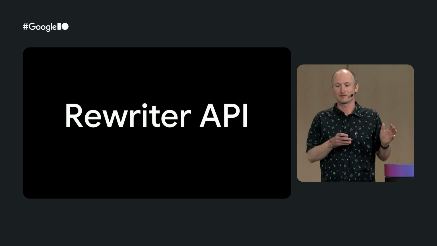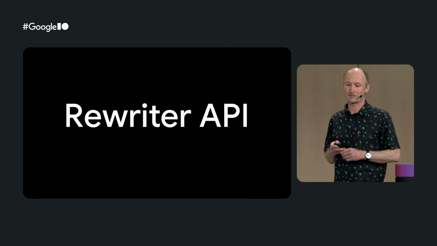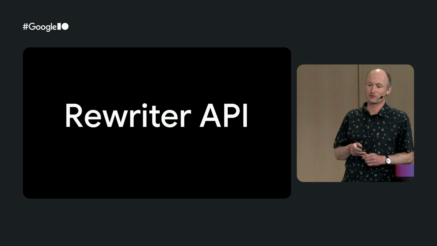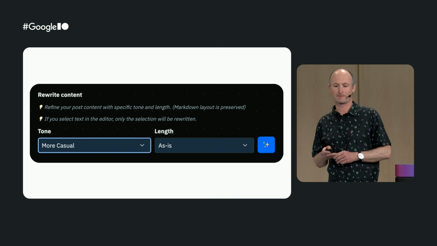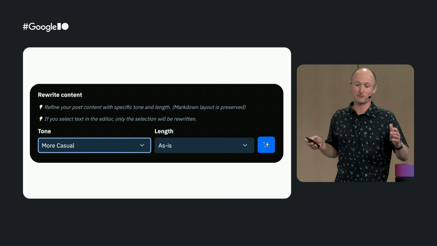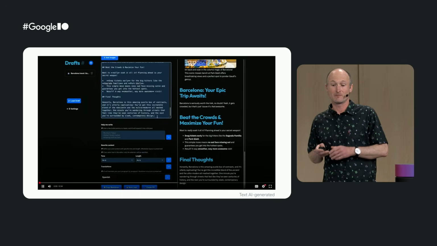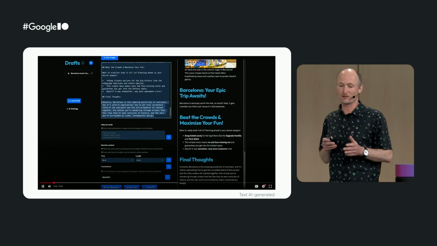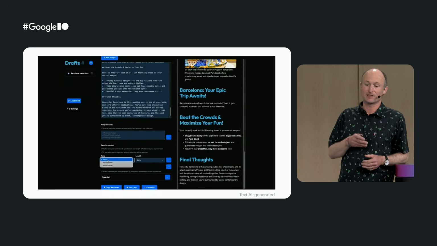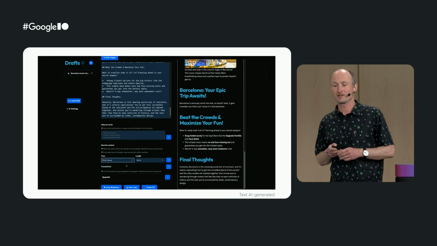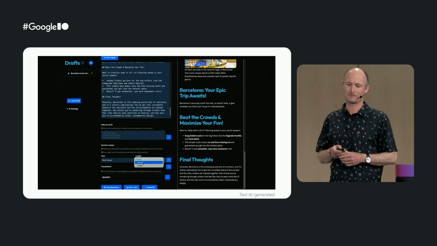When there's writing, there often also is rewriting. Let me show you how the Trailblazers blog uses the Rewriter API. You can have an entire blog post rewritten, for example, to make it more casual or shorten it. But you can also highlight just a part of a blog post, like for instance, an AI-generated image caption that you're not quite happy with.